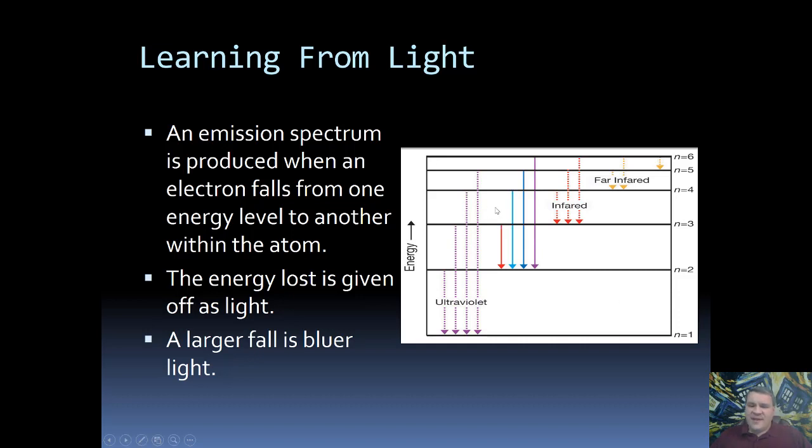Now notice that this electron in the atom is not going to be able to produce yellow or orange light. For it to produce yellow or orange, the electron would have to be somewhere in this region and fall down to energy level 2. But the electron is not allowed to be in this region. So this atom will produce red, blue-green, blue, and violet light, and that's it. It's not going to be able to give off any other colors, because of the way that the electron is